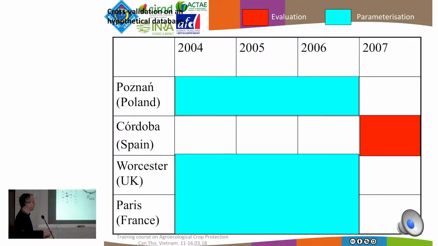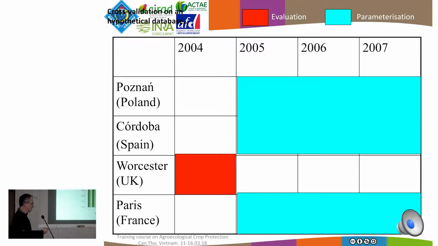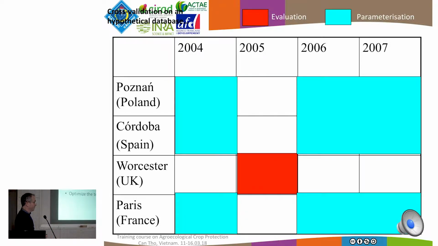We have shown, for example, that when you have rows rather than a regular distribution of the banana, it alters how the insects are moving inside the field. It also helped us to show that there is no difference of movement between males and females. It was something that was not known before. It has an importance because it's only the females that are laying eggs and that are potentially causing the damages.